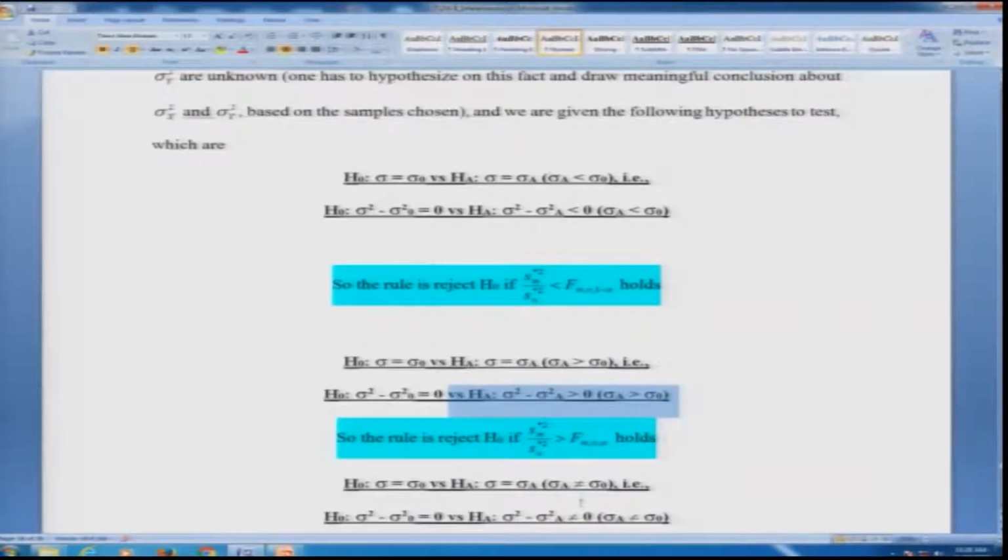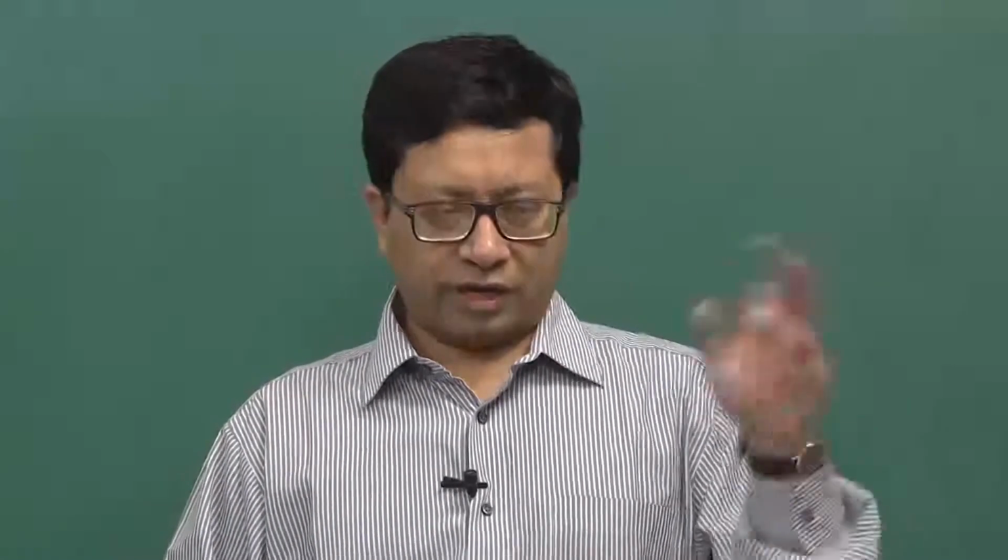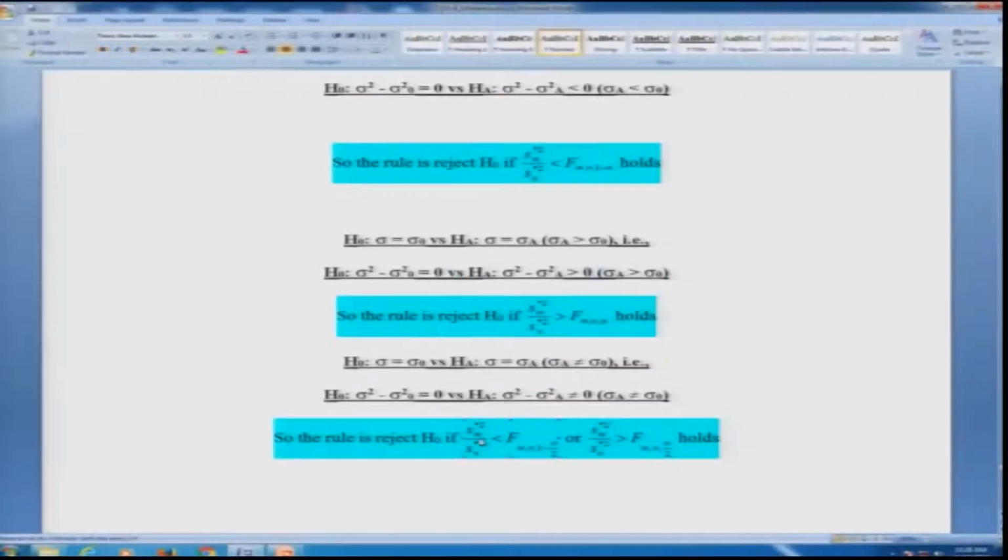In case the null hypothesis remains the same and the alternative hypothesis is not equal to, that means the difference is not equal to 0, or the ratio of the variances of population 1 and population 2, replaced with the sample variances, is not equal to 1. So you will reject H naught if these 2 conditions, this or this, are true. In the first case, the ratio of the sample variances from sample 1 and sample 2 corresponding to population 1 and population 2 is less than F m comma n comma 1 minus alpha by 2, and in the other case it will be greater than F m comma n